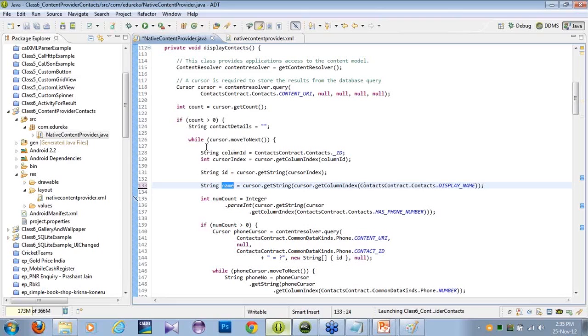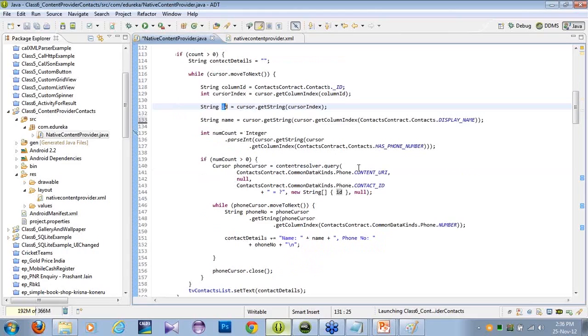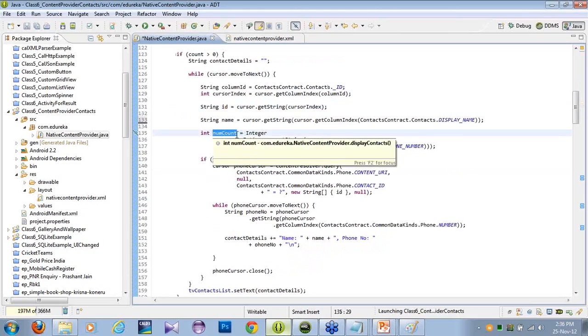I broke this code into parts so that while debugging you can see what you are getting. So I'm getting the first column ID, then I'm getting the cursor index, and then on this cursor index I'm getting the string, that is the ID. If you want to count how many rows are there inside the numbers field, like if he has 2 or 4 different phone numbers, you can use